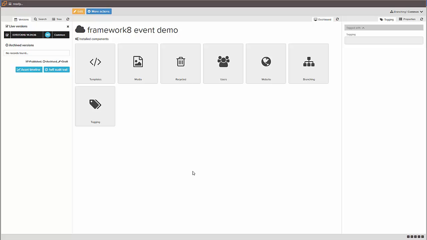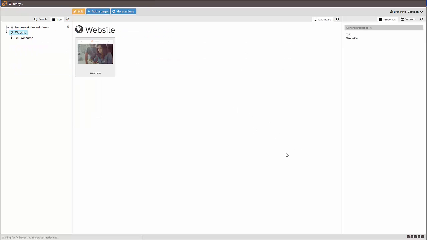So just to have a quick preview, and then we'll finish up on this overview of the CMS interface. I'm just going to click through to the website. Each component has a dashboard. The website will display a page. In this case, we've only got one page in the branch that we're looking at, so I'm going to